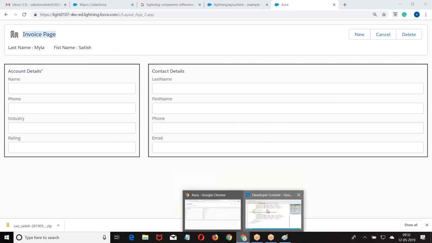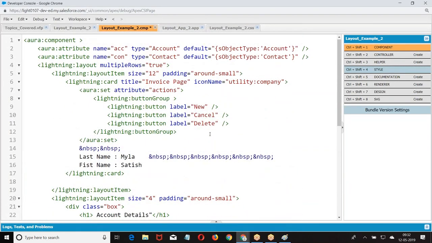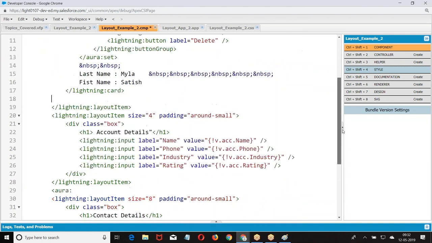Can you show me the code also once? Yeah. So this is one layout. Okay. Now let's move on to the next step.